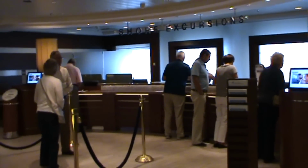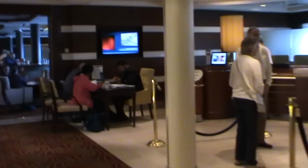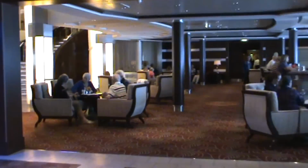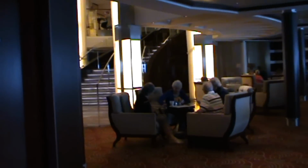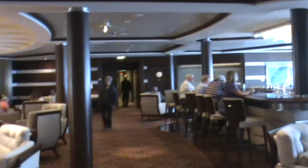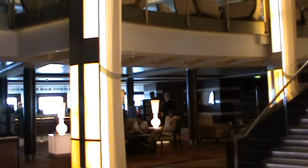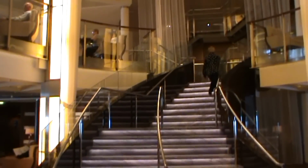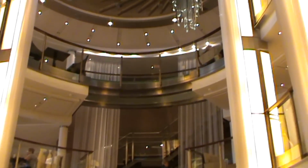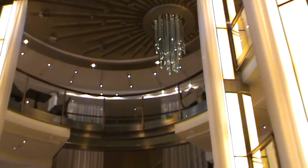This is the area on deck 3, which is the shore excursions desk and customer relations, or what used to be called the purser's desk. Again, a large open space, very welcoming, and all the staff here very helpful. Nice view of the staircase here,